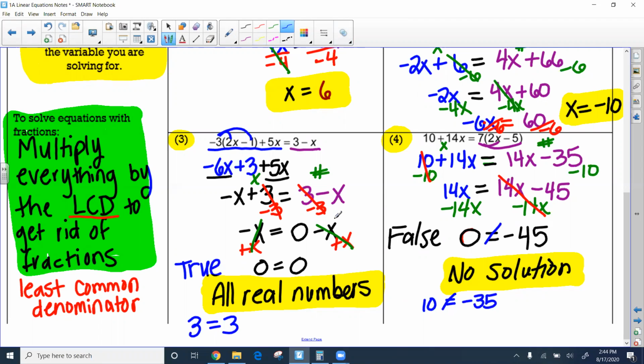All right, those two don't come up all that often, but I just wanted to make sure we at least saw an example like those, because it's good to know what that means when you have either infinite solutions, which can be any real number, or no solution. Okay,